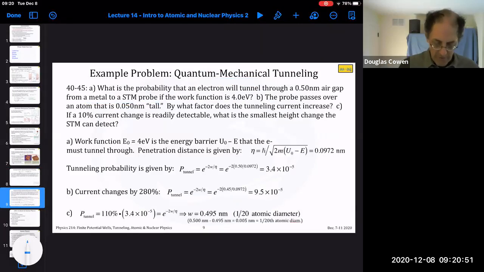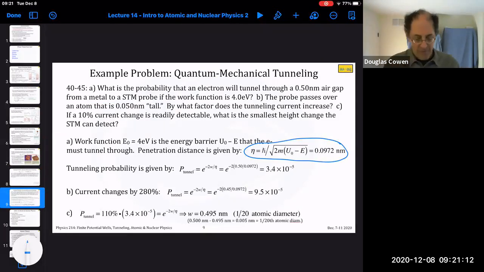So to answer all those questions, we plug in some of the numbers here. And the first thing is calculating this penetration depth. And it's roughly 1/10 of a nanometer for this situation where m is the mass of an electron and so on. And the tunneling probability, therefore, is given by